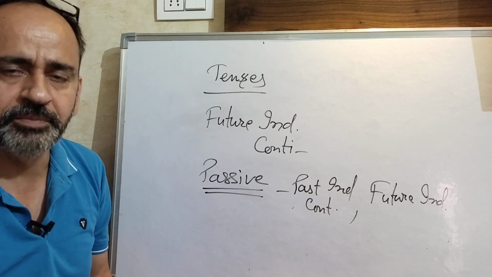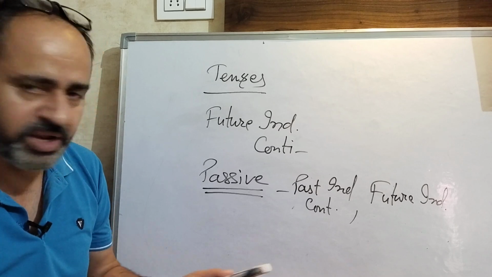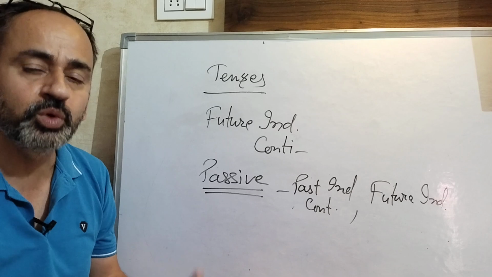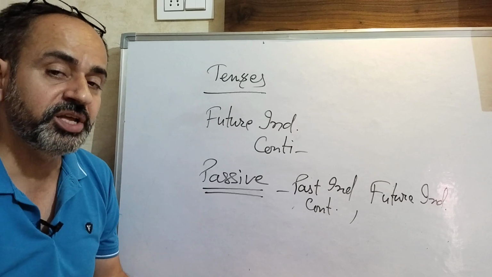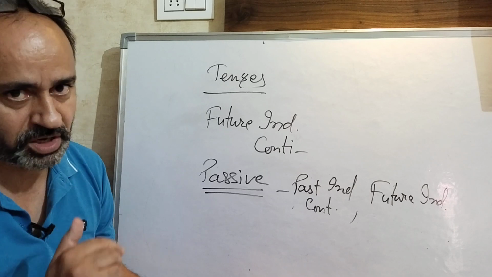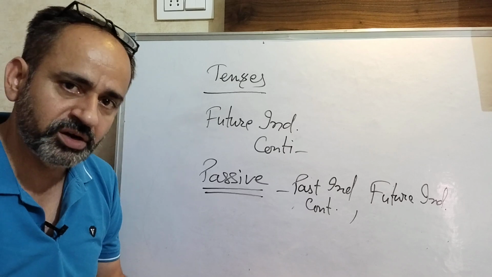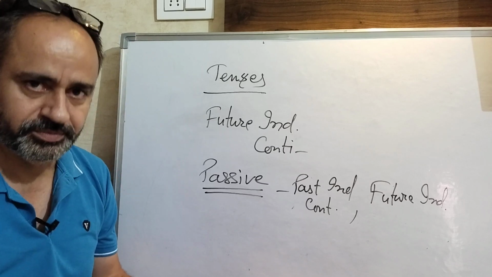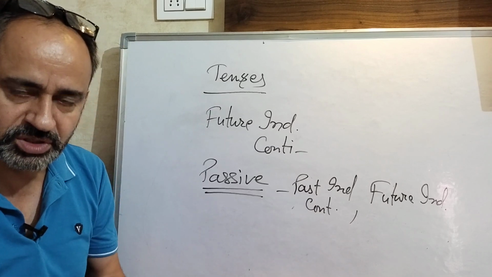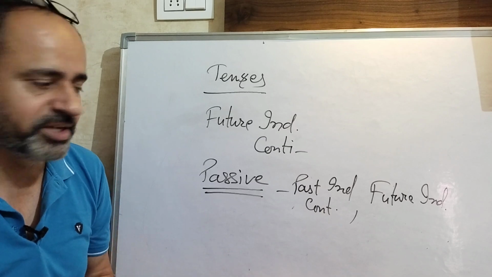I have also uploaded videos on my own channel that you are watching now, and the playlist is there, where I have explained how to do passive voice and what its role is in IELTS writing, especially in report writing, process charts and maps. There you need passive language. And also in task 2 you need passive language for the introduction of the topics and for the conclusion, and this will give a formal look to your writing task.